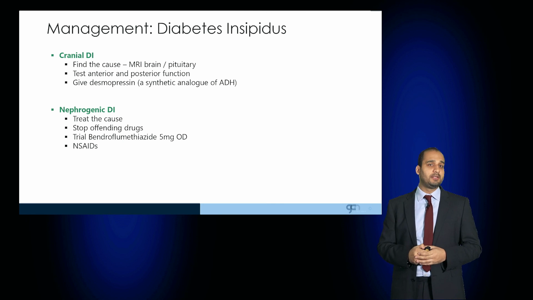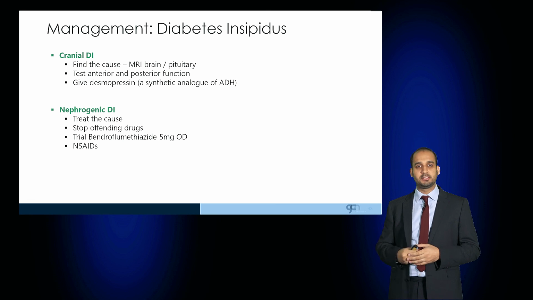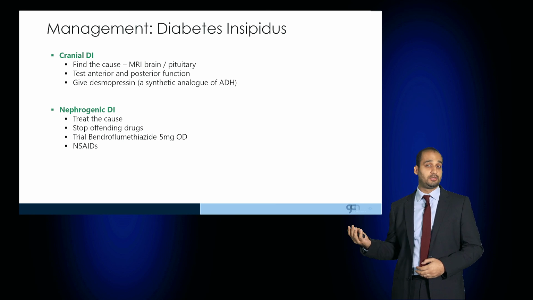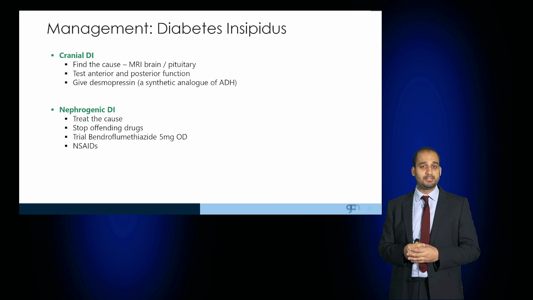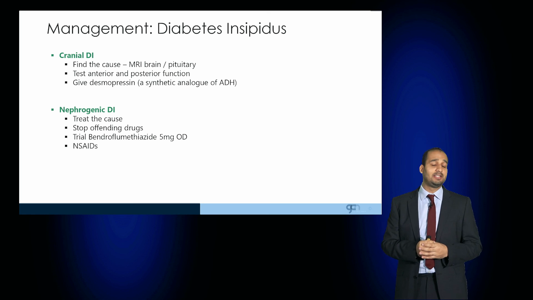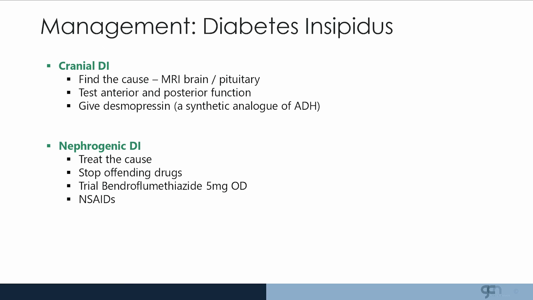And in terms of management, for cranial diabetes insipidus, find the cause, whether it's a pituitary tumour. This can be done through imaging, test the pituitary function, and give desmopressin, the synthetic analogue of ADH. If the patient has nephrogenic diabetes insipidus, treat the cause, stop any offending drugs, trial a thiazide diuretic and NSAIDs. This is treated in a multidisciplinary team through the